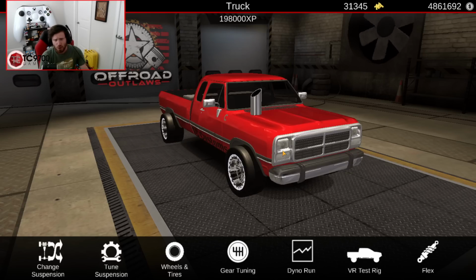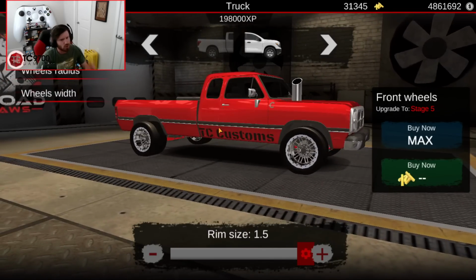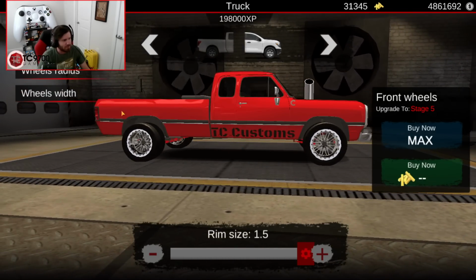It's also worth noting that this truck does run a manual transmission because I find it to be able to deliver the power a little bit quicker when you're in these drag racing scenarios. So let's go into the wheels and tires now, because this is where a lot of different aspects of the truck come together. Now, the wheel size or the rim size is going to be 1.5 in both the front